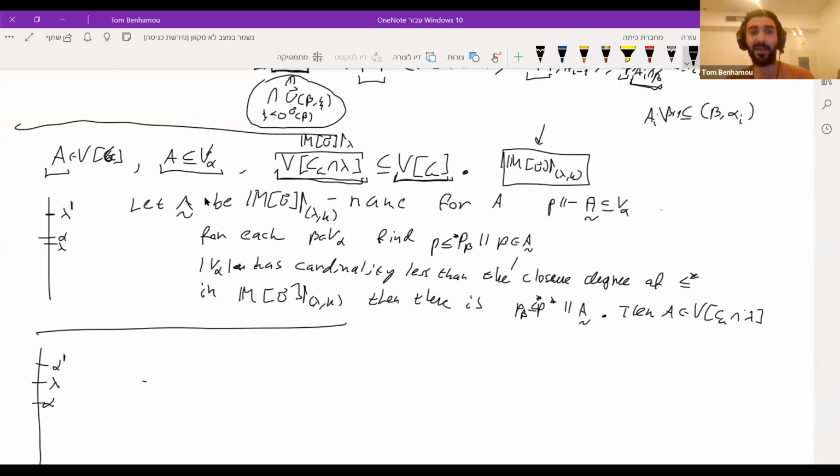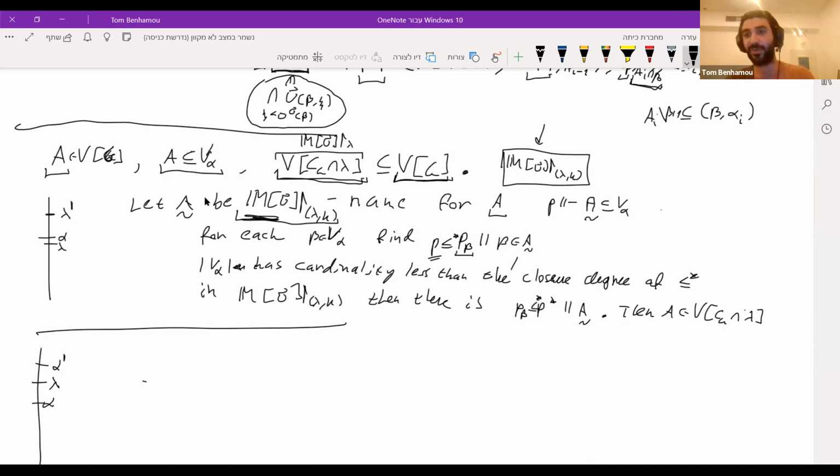And let A be a name in the upper part forcing for this set A. Let us take a condition which forces that this A is a subset of V alpha. So forces in the sense of the upper forcing. And now we can do the following. For every beta in this V alpha, we can use the Prikry condition to find a direct extension of this P. We call this direct extension P beta.